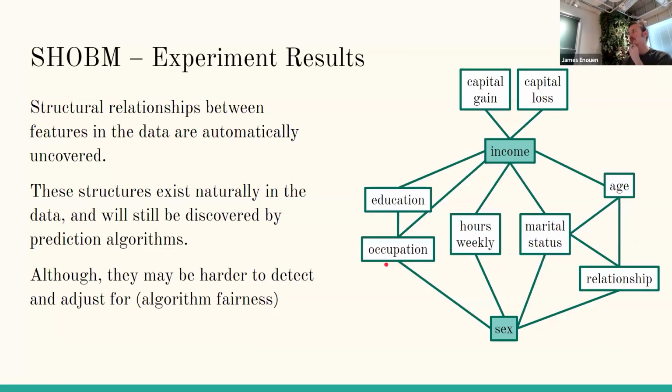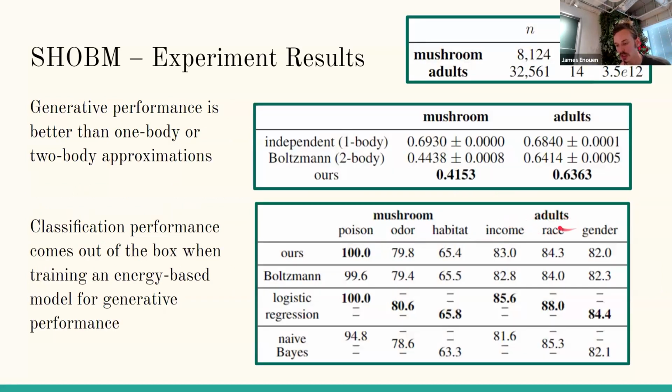And because it can predict all of these at the same time, we can think from an algorithm fairness perspective, for instance, on the Adult dataset, where the task is to predict the income, but there are correlations with race and gender. When a generative model is trained to predict the data, just to understand the structure of the data, it can automatically get good performance in all 3 of these categories at the same time.